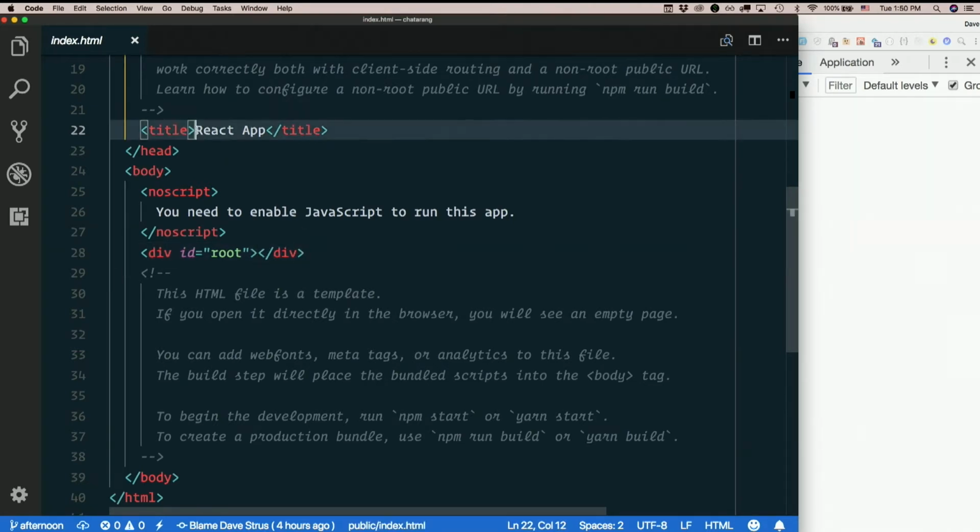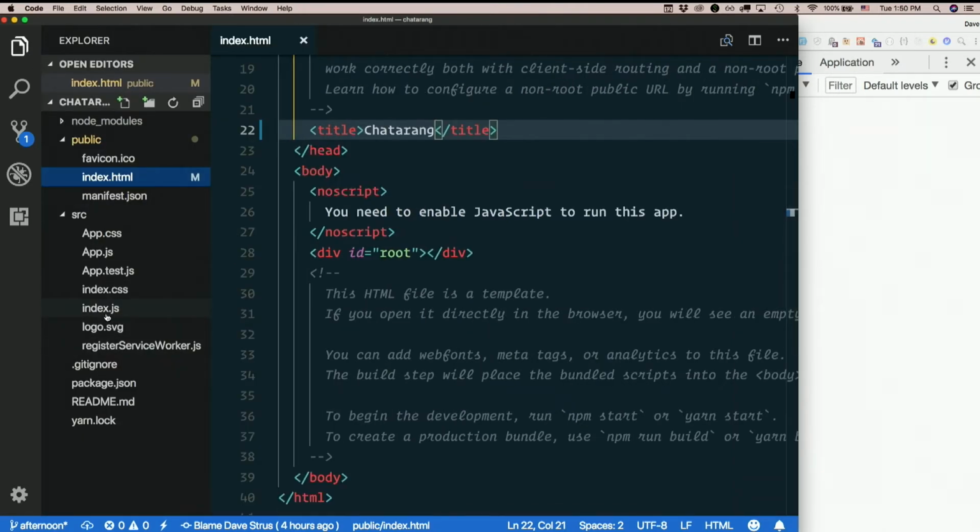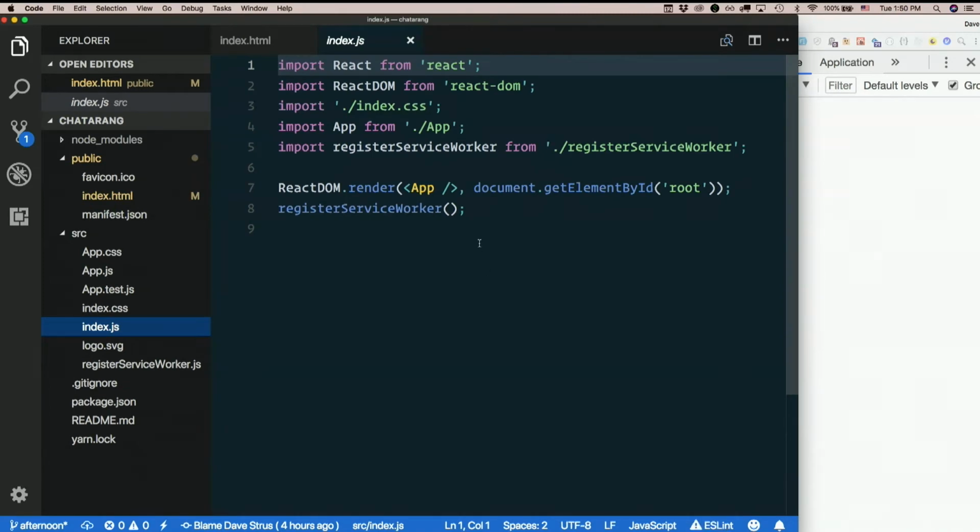Now it's titled React App, and let's change that to Chattering. Then we're done with index.html for a bit. We have index.js, where we have another one of our requirements. We call React DOM render, app is our component, and we say which element from the page we're replacing with